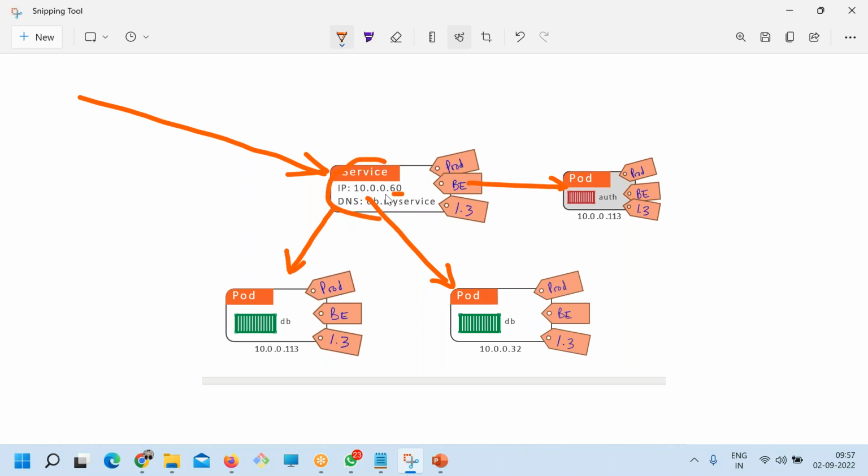See this service. What was the service? The DB service, correct? So you should have a DB here also, and here you should be having DB, but you have auth. Why has this mistake happened? That's what I'm trying to tell you. Because I labeled it and it matches with the DB service. So who did the mistake?